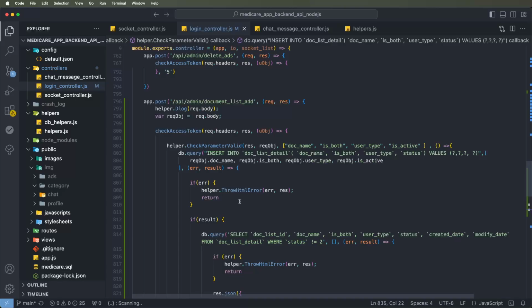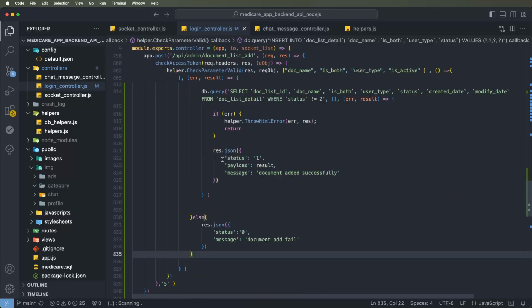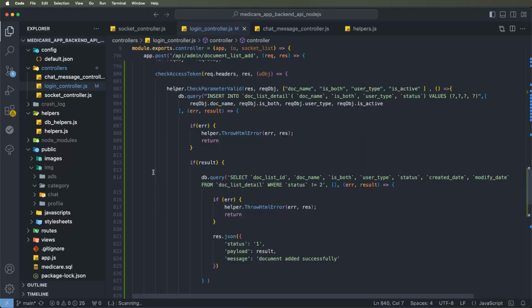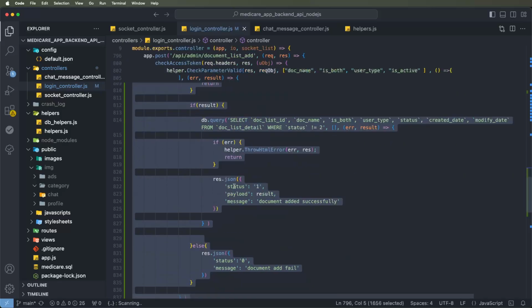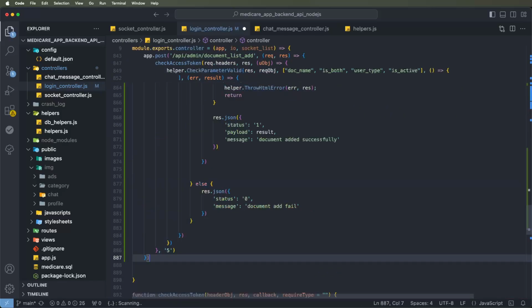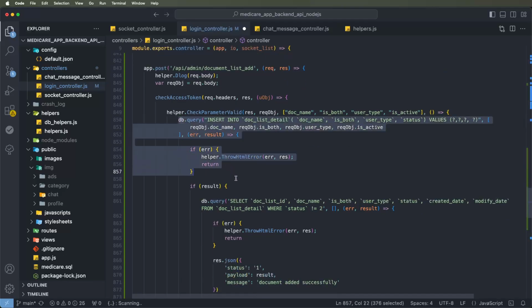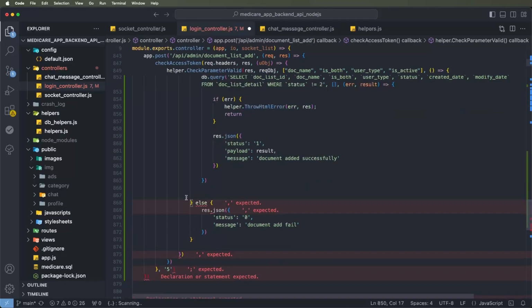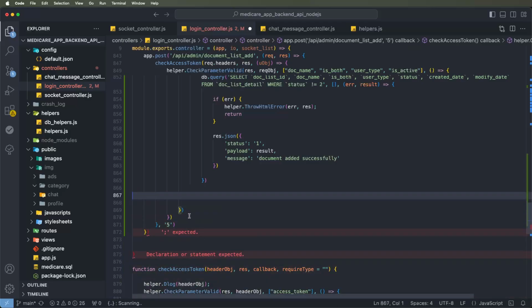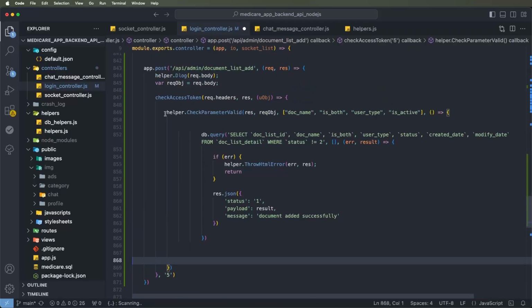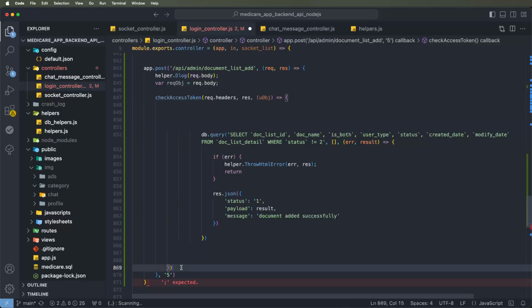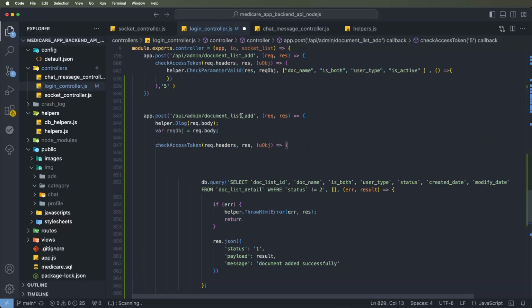Now another API needs to be created for the document list. You need to get the list for the admin apps. You need this list of which documents you inserted for the registration. So we need to check here. Now again we copy the query from this API, paste it here, and remove the insert query, no need, clean it here, and also remove this bracket, and also no need to check parameters here, clean that also, and now we need to cross verify the document list API